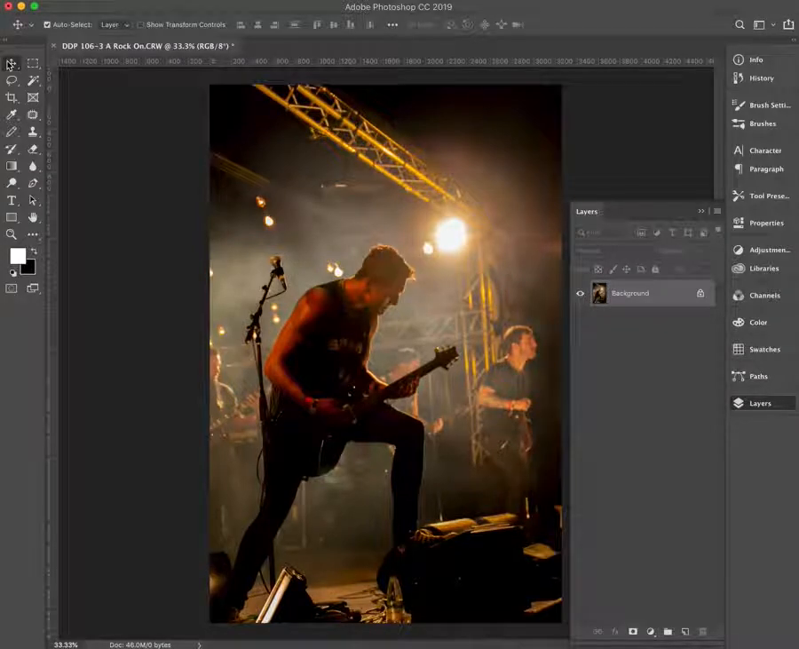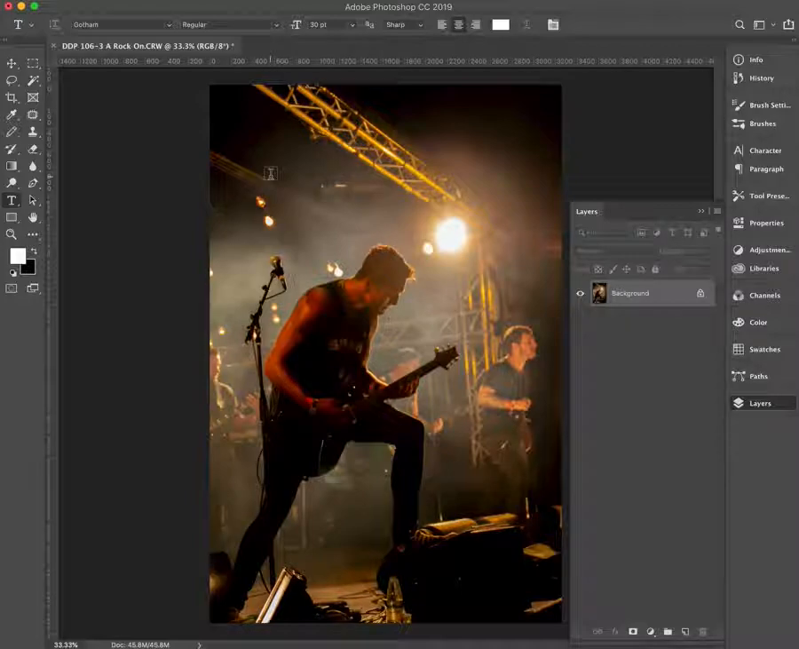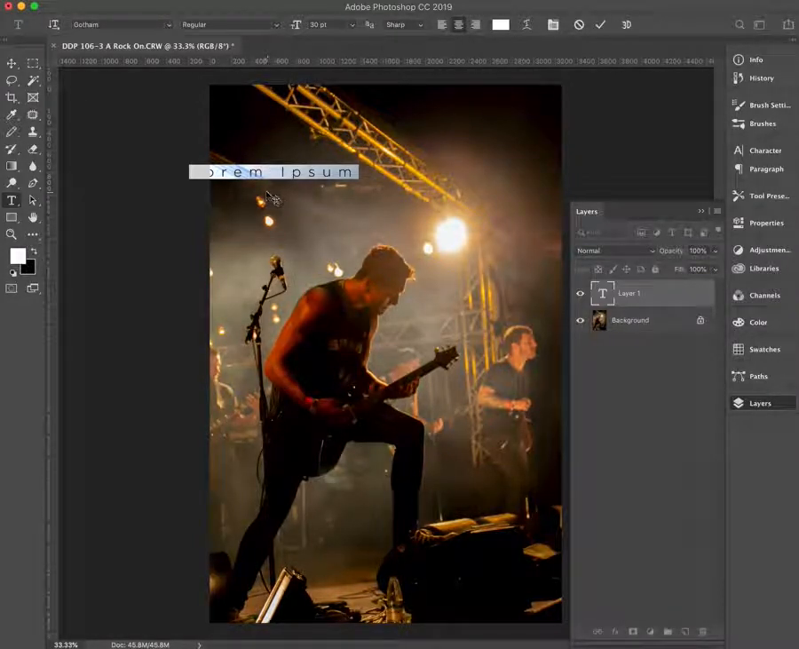Let's just come quickly onto the type situation. You choose your type tool. It's the T on the toolbar. Click, and you get straight away some placeholder text, and notice with the layers palette open, it immediately creates a